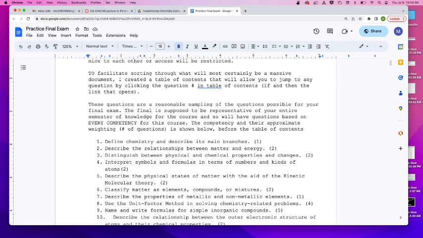But this document, hopefully, is the one that you'll get. I don't know if you will. And if she shows you a slightly different one, you can ask her to talk to me, and I'll see if I can get this one to her so that she can make this one accessible. But she should be making a practice exam accessible.